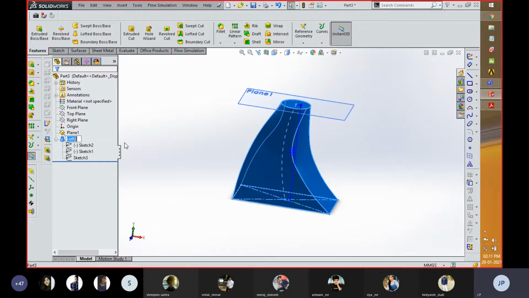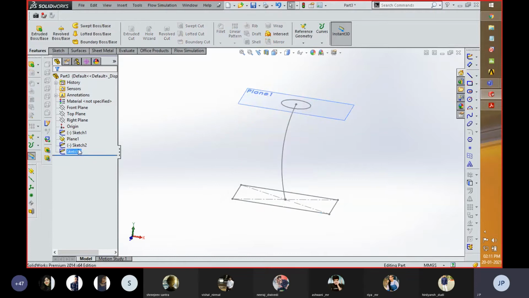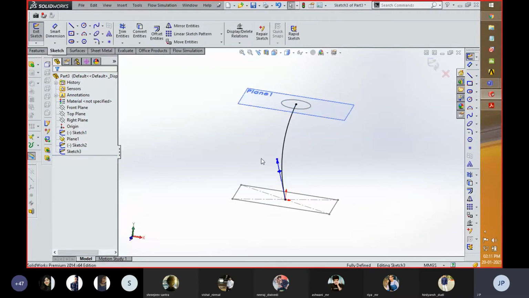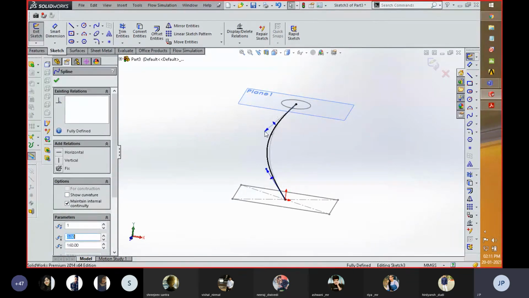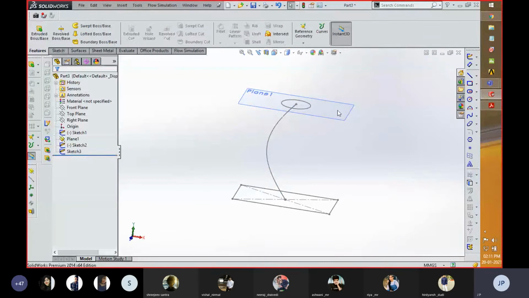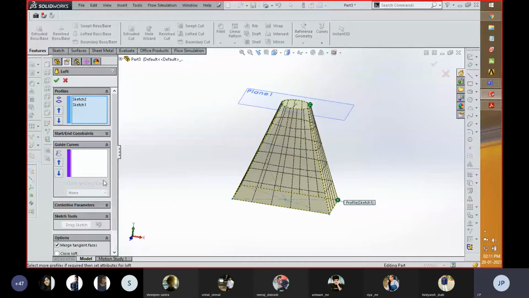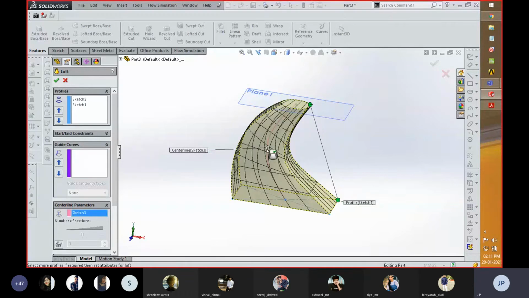So for that purpose, I am going to delete this module again and then edit the sketch part, the profile which I created, and give a more tangency with respect to this sketch. And suppose somehow this sketch is not able to be created, then the software doesn't allow you to exit the sketch module. Then I'm going to click over here and in center line parameter I'm going to select this sketch path.